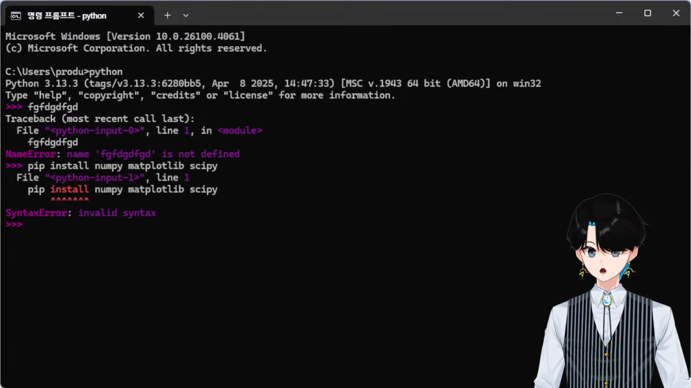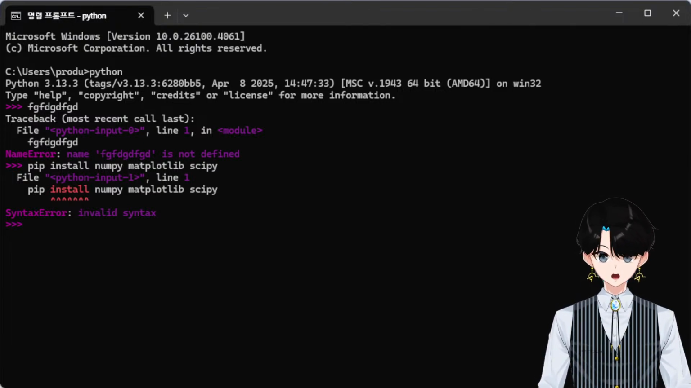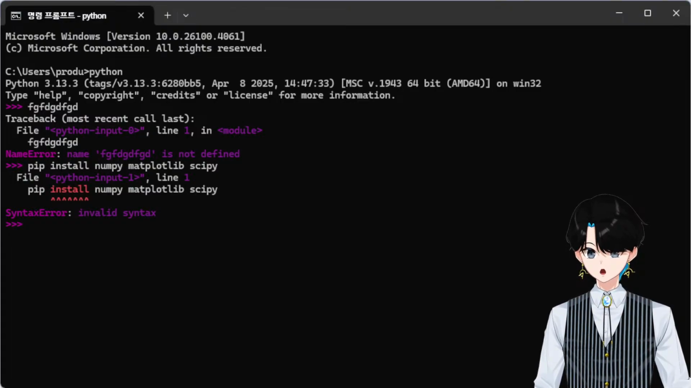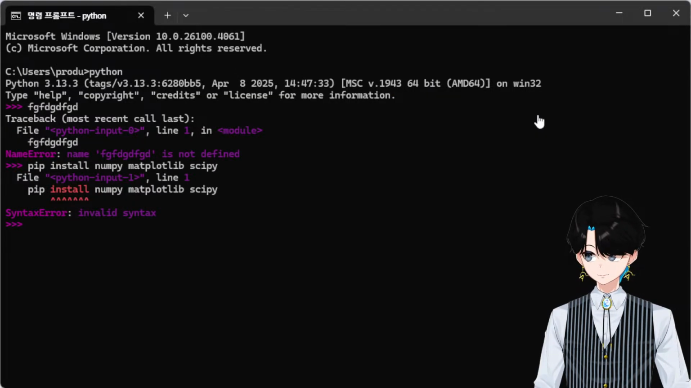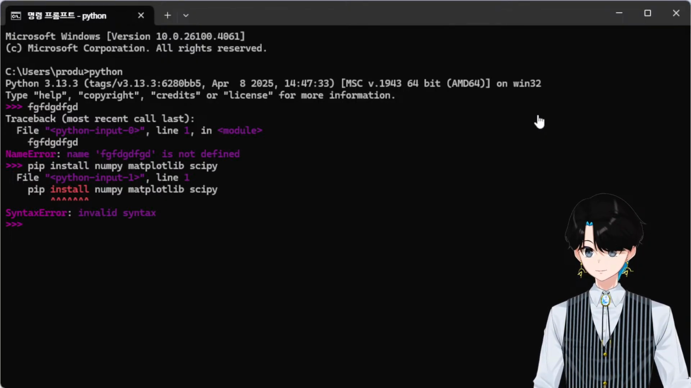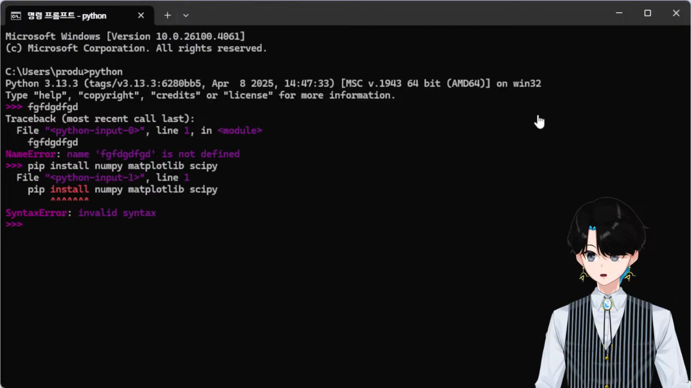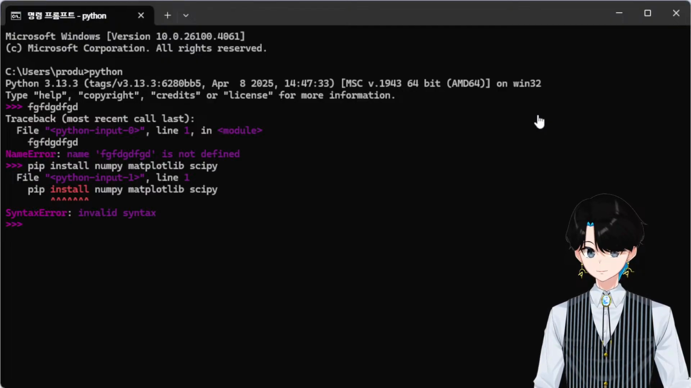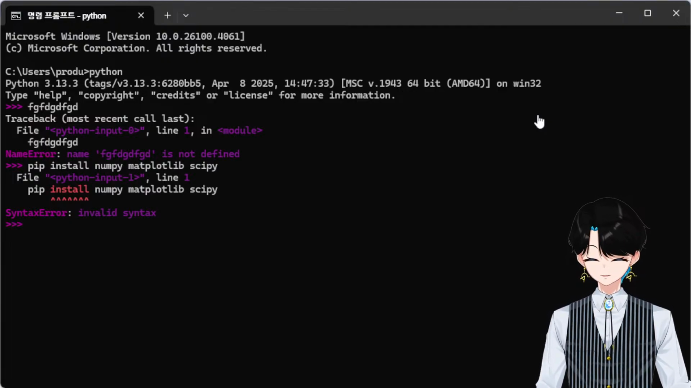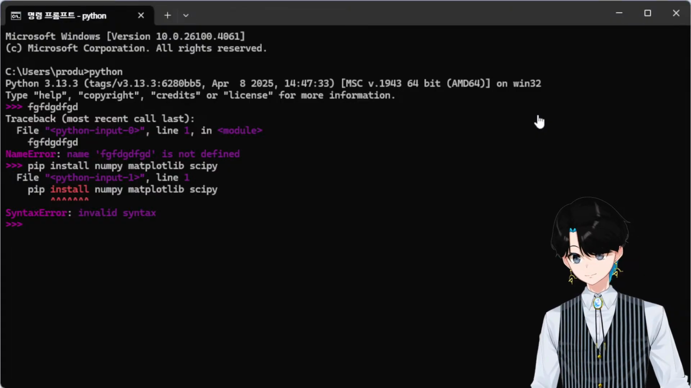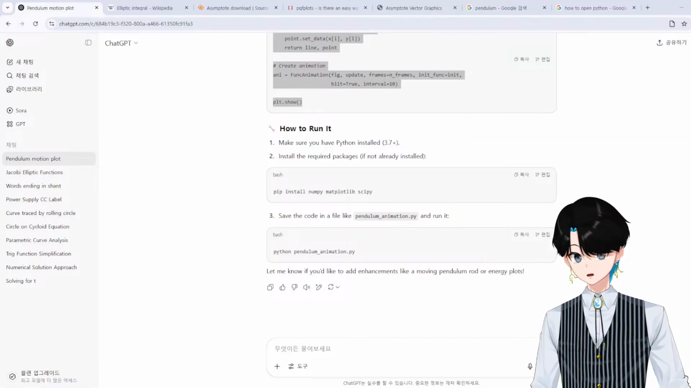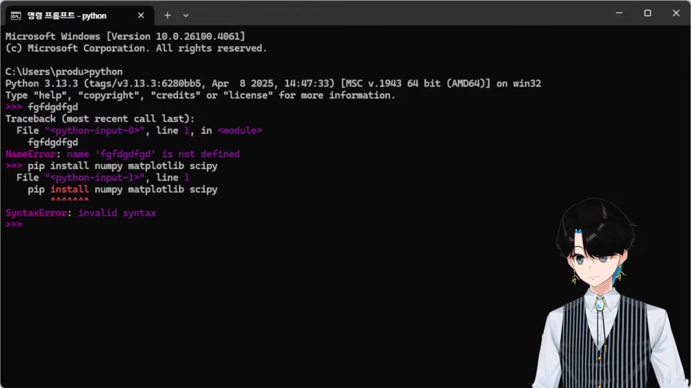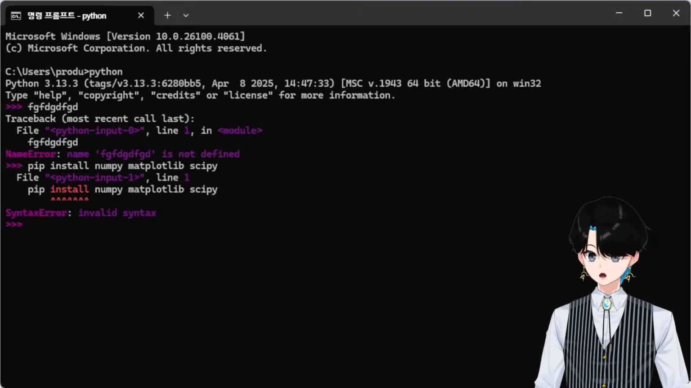Okay. Pendulum. This one. I'm gonna copy the whole thing up. Okay. Copy the whole thing. Right, yeah, I'm gonna copy the whole thing and put it in